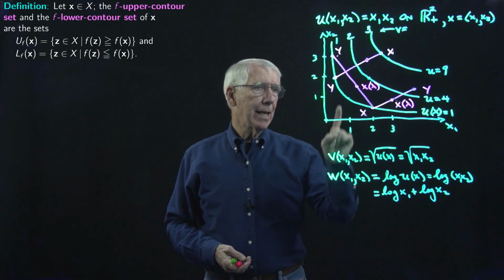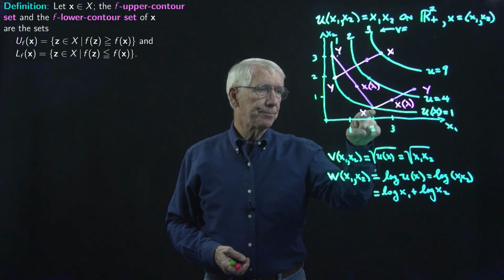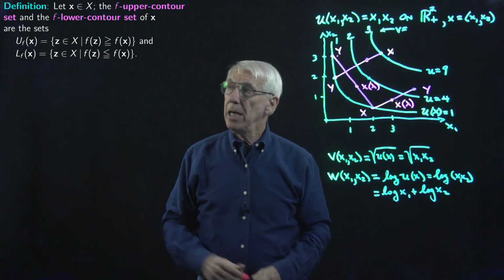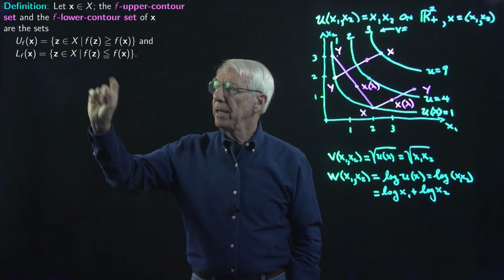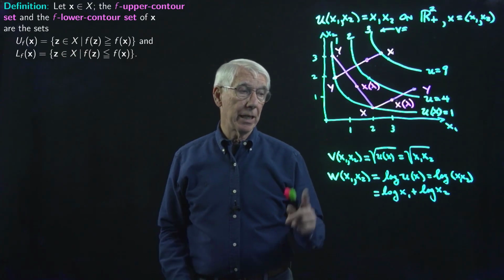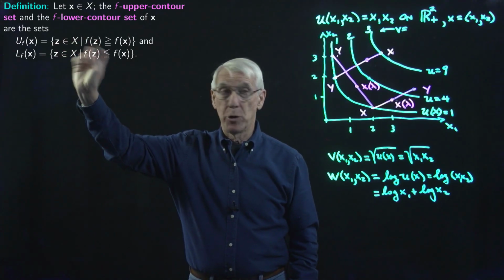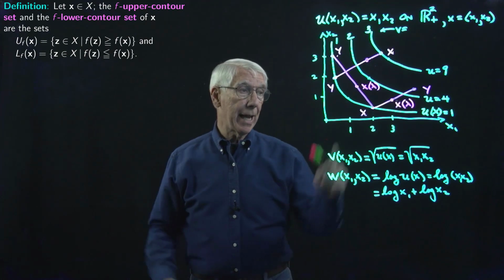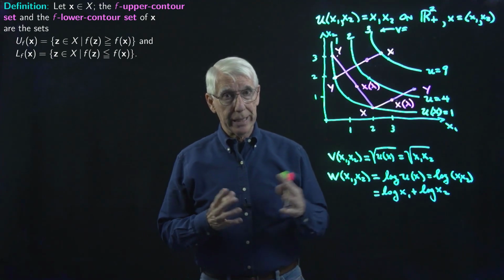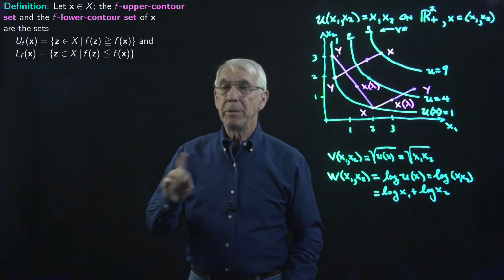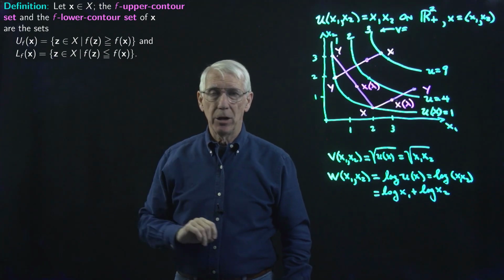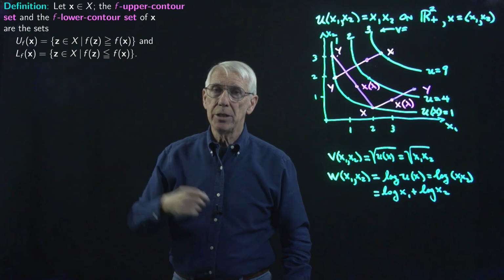So let's take this bundle X and put that into the definition here and look at the upper contour set. So this says the upper contour set, which we've used capital U sub f of x. The sub f is to indicate that it is the upper contour set for the function f. And the x indicates the bundle or the point in the domain from which we're looking at this upper contour set. And let me just say as an aside that this capital U of x and capital L of x for upper contour set and lower contour set,